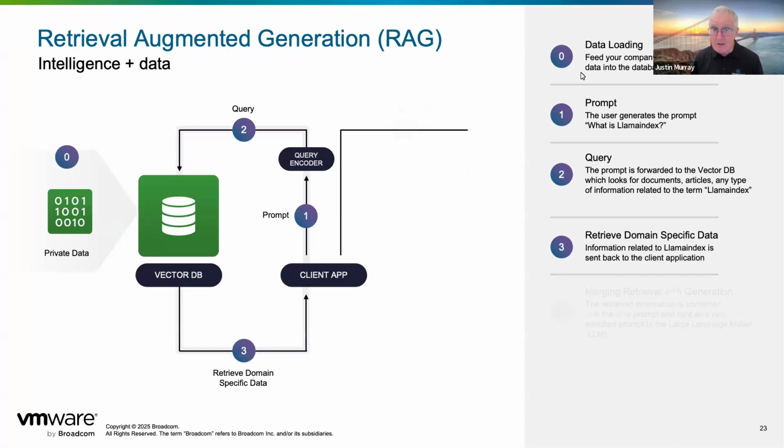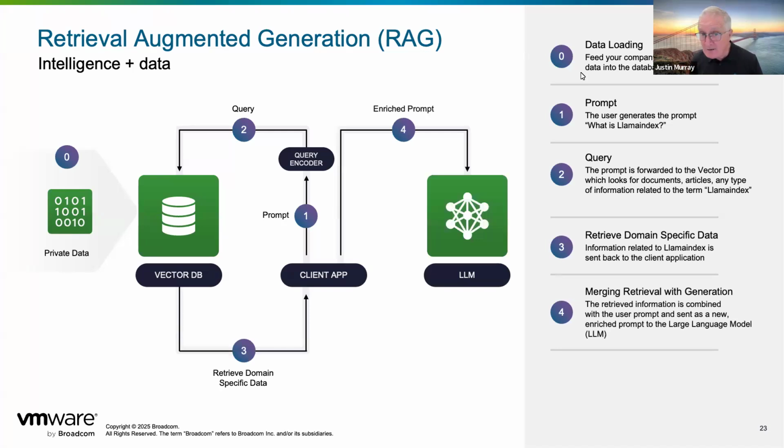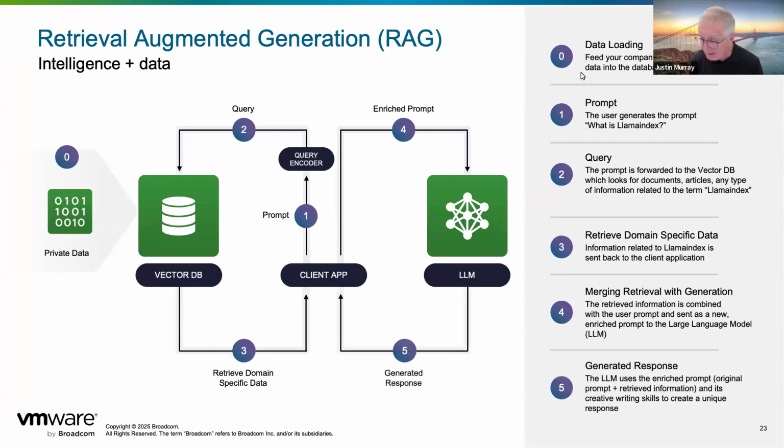And the client application then takes those 10 documents or chunks of documents and sends them with the original prompt question into the large language model. What it's doing is it's instructing the large language model, here are the answers I got from the vector database that represent realistic data. Here's the original question. I want you to massage all of that into a respectable answer to give back to the client application. Now, I've simplified it here. There's a bit more detail to it than that.